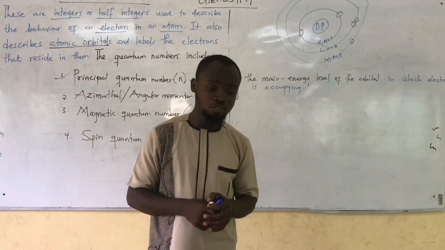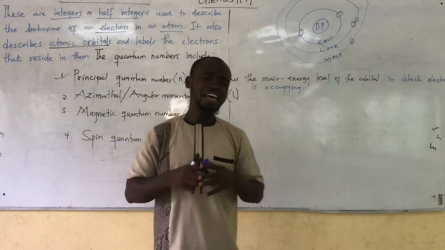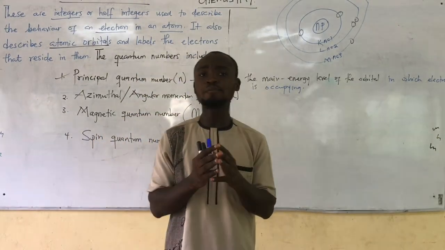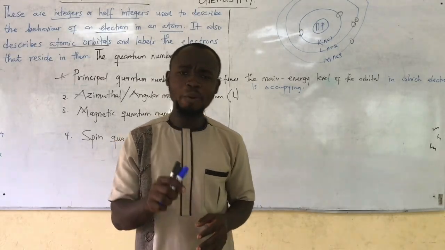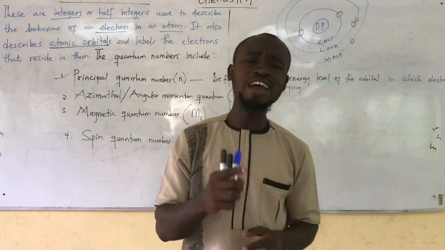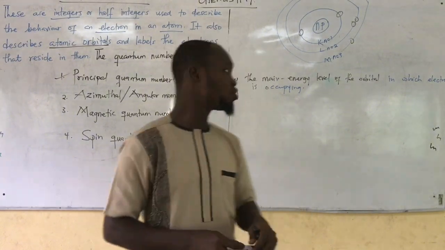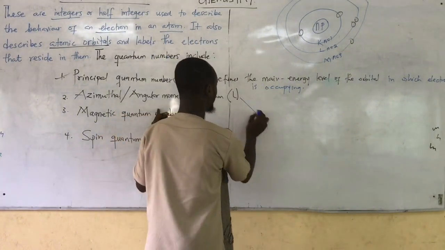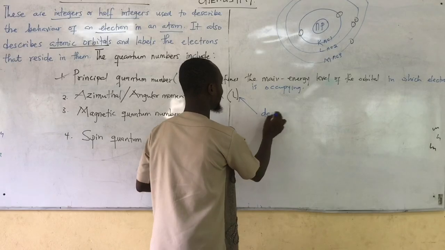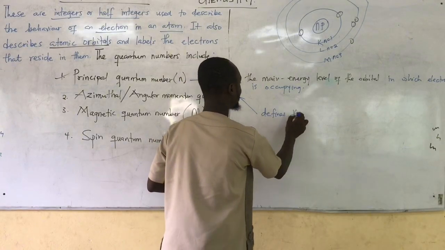Or the angular momentum quantum number. It defines the shape and type of orbital occupied by the electron. It defines the shape and type of orbital occupied by an electron. So the angular momentum quantum number defines the shape